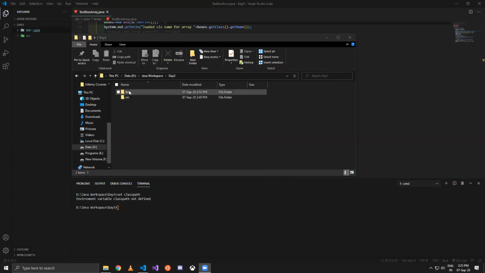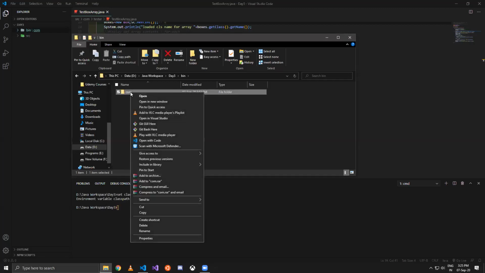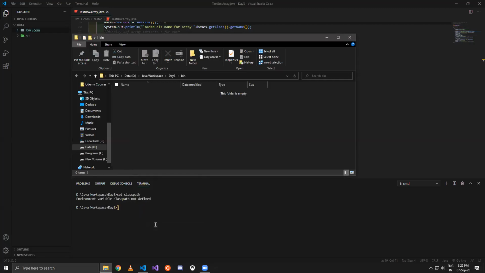Okay, so this one, Sachin. See what I'm doing. In the bin folder, I'm deleting. Okay, ma'am. So my bin is totally empty. Let me go to day 3 and SRC folder. I'm just checking. So which one you want to check is that arrays thing. Now, okay, let's test this. So com tester, you got test box array, fine. And under that you have com app 4, you have box.java, fine.